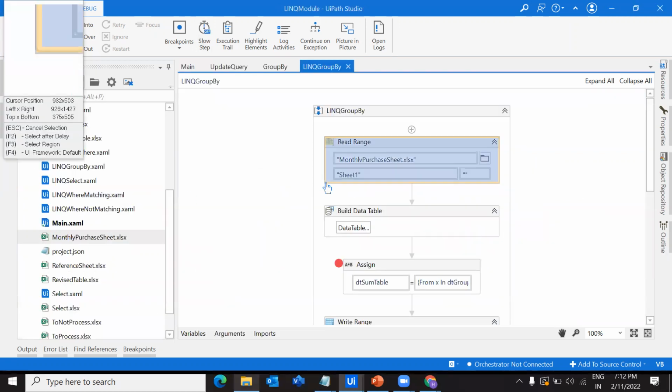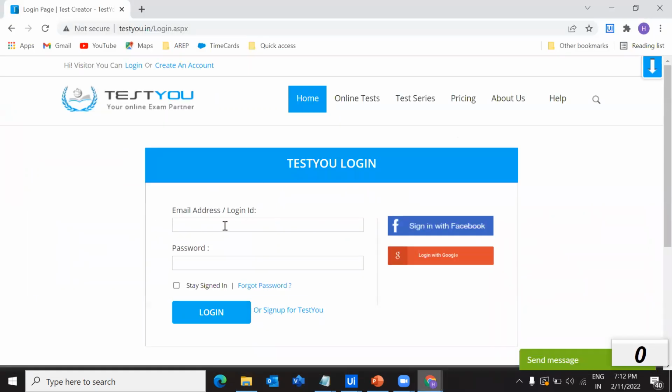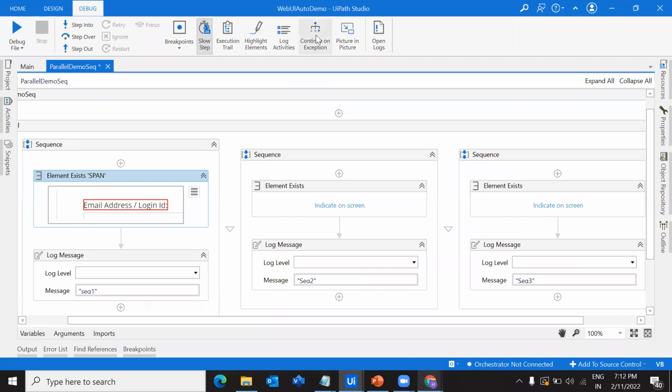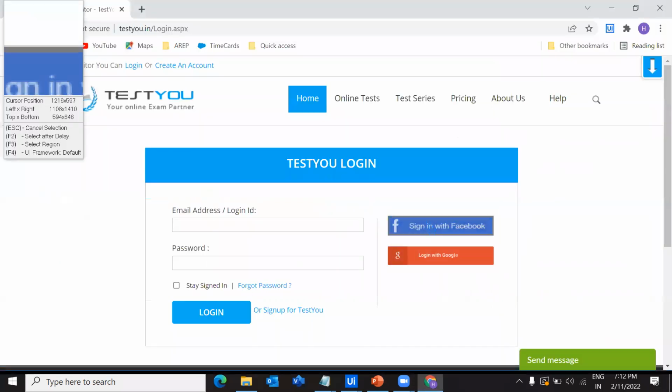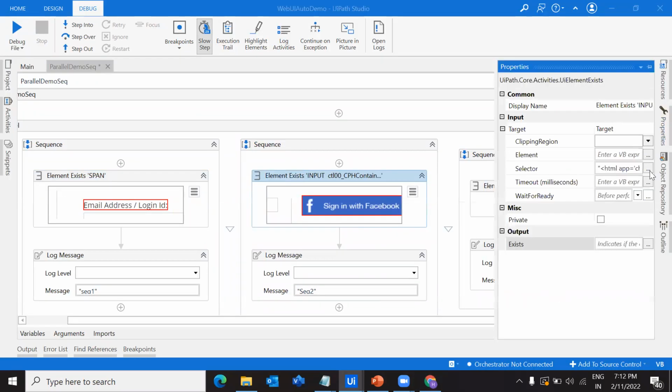So for element exist, I'm going to go over here and take up this element, and for this I would name it as, let's say, element 1, and for the second I would take this and say it as element 2,